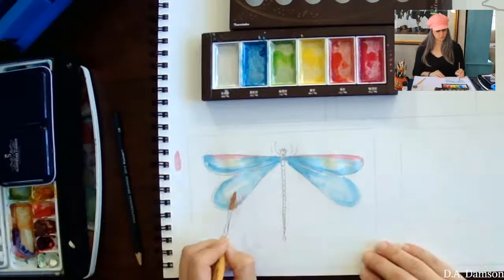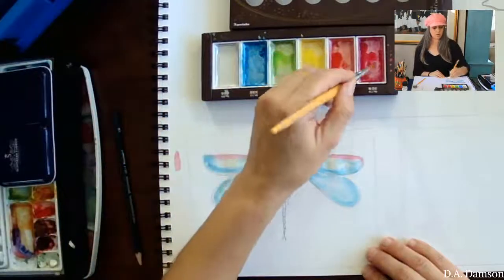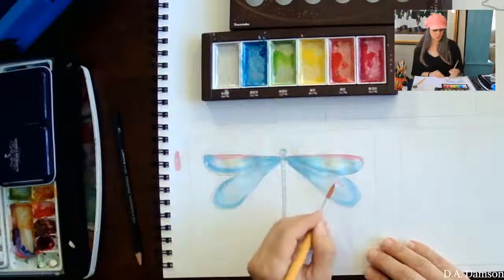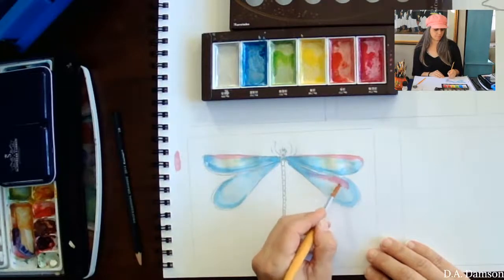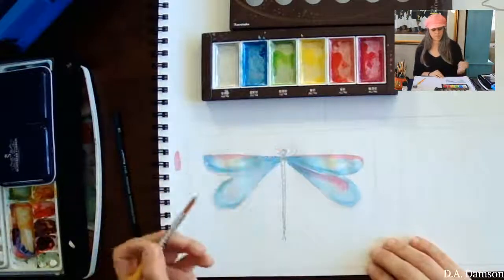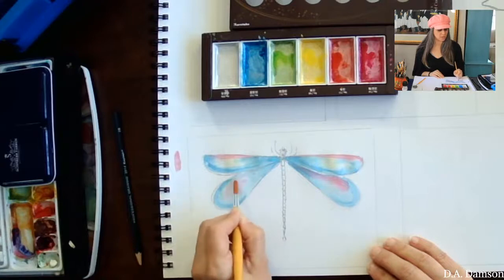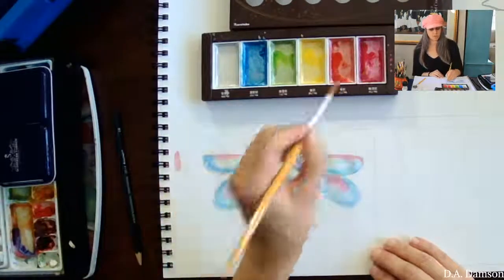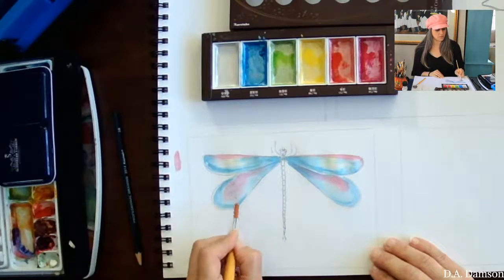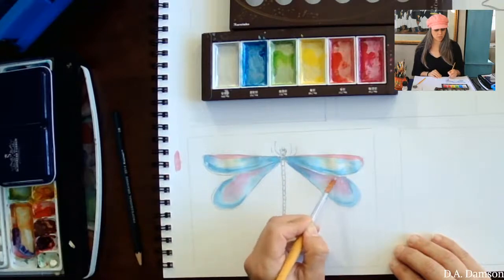And I forgot to leave the white, so let's just do both the same. So that's how not a big deal this is if we do something that we forgot or changed our minds. Now what happens when pink and blue mix together? They create kind of a purple, and this is why I wanted to leave that white area not wet,